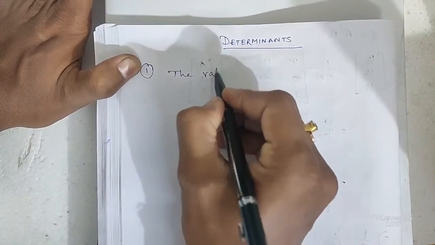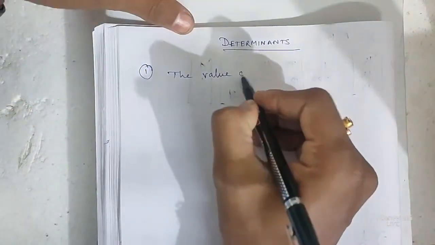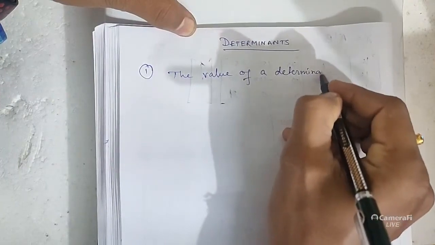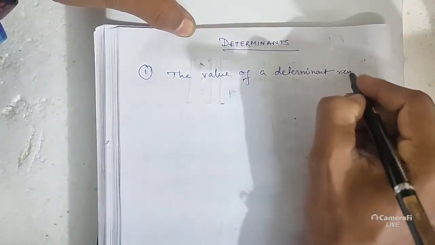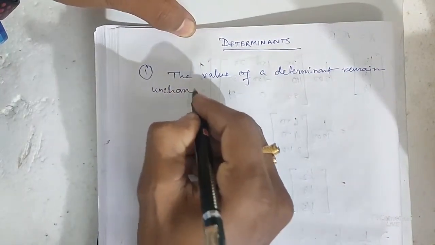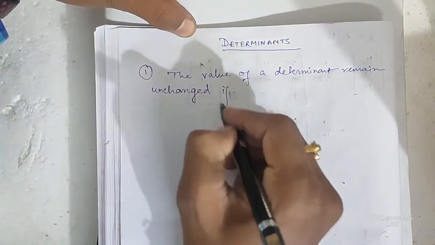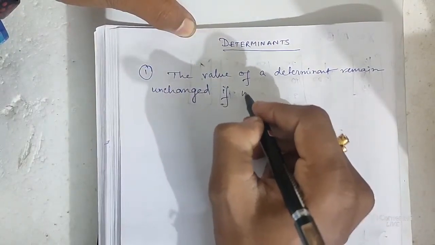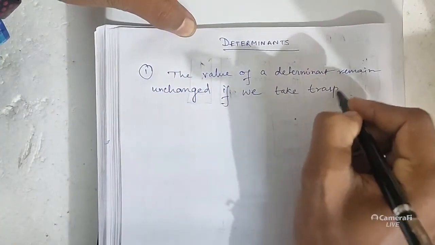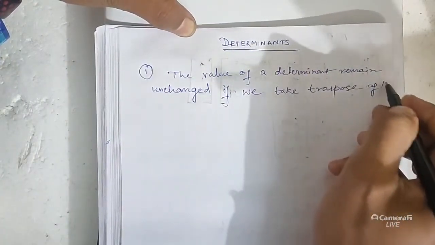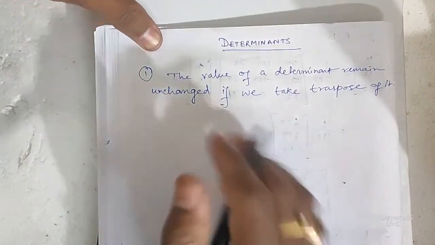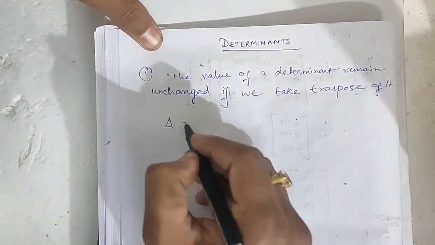The value of a determinant remains unchanged if we take the transpose of it. That means interchange of row and column. That means if a determinant is given